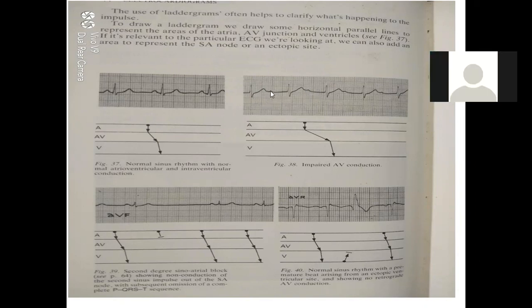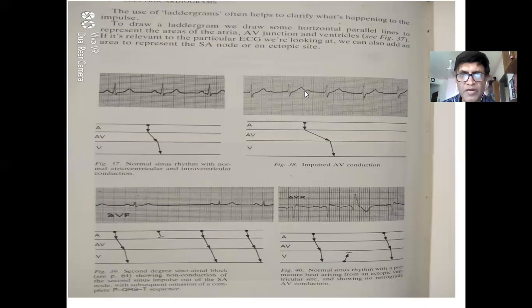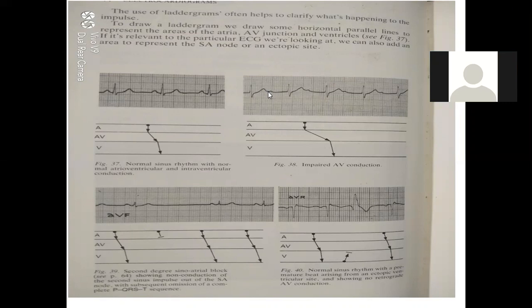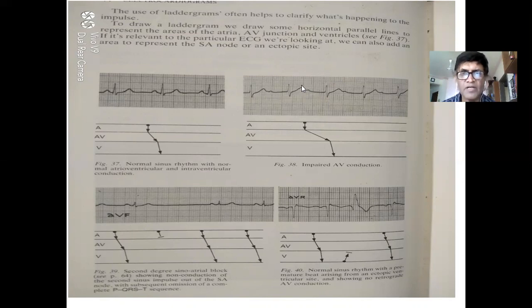You count the number of small squares between two P's. Sometimes it will get merged with the T wave. This is the reason why there is confusion. See here it is merged. Can you see? See here also it is merged. Here there is a little difference. The T is coming down and then there is a P. There the T is not completely down. The P has started. So what is happening here?